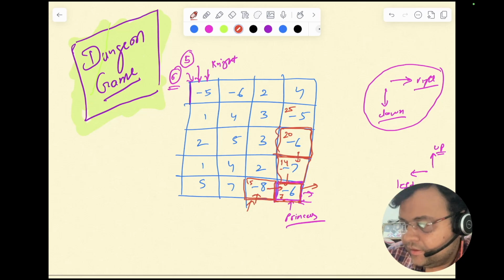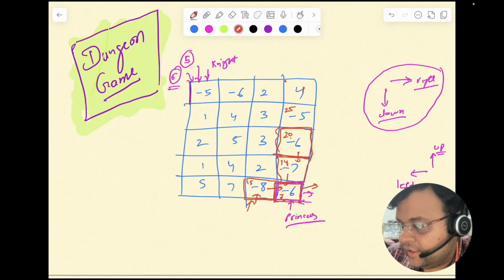so 25 he needs here, so 25 minus 5 is 20, 20 minus 6 will be 14, 14 minus 7 will be 7, and 7 minus 6 will be 1, so he can save the princess. Now